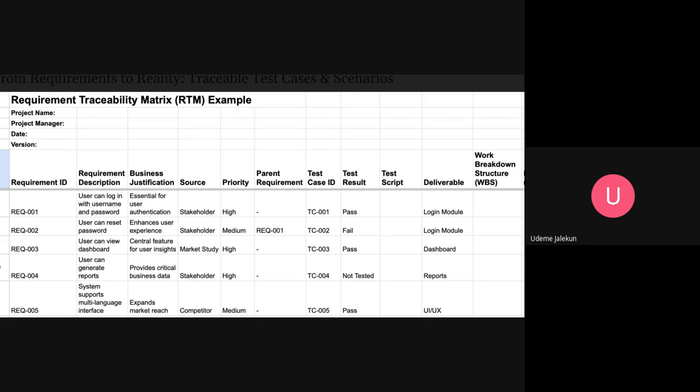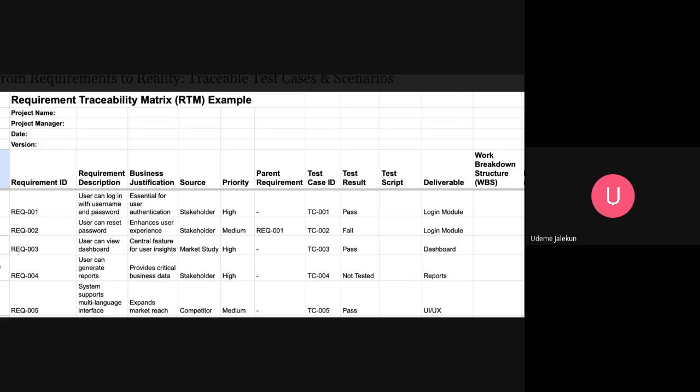It didn't tell us whether it's a valid username, whether it's a valid password, whether it's an invalid username or invalid, what will happen. So your test cases are supposed to depict what each of these things, behavior, and their expectation should be. So essentially, requirement traceability matrix traces test cases back to their requirements. If requirement one, this REQ001 that is login, I can create a minimum of 4 test cases from it. Test case 1 would be